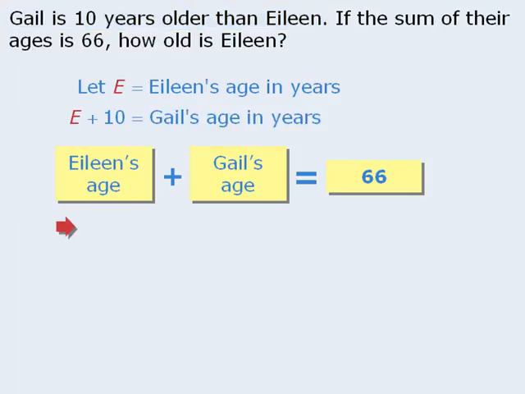At this point, we can write an algebraic equation. We can write Eileen's age, e, plus Gail's age, e plus 10, is equal to 66. All we need to do now is solve the equation for e. First, we can